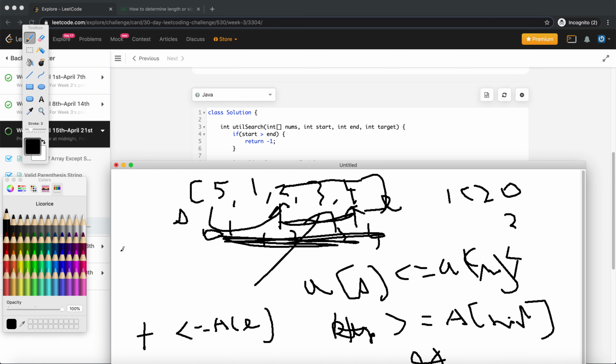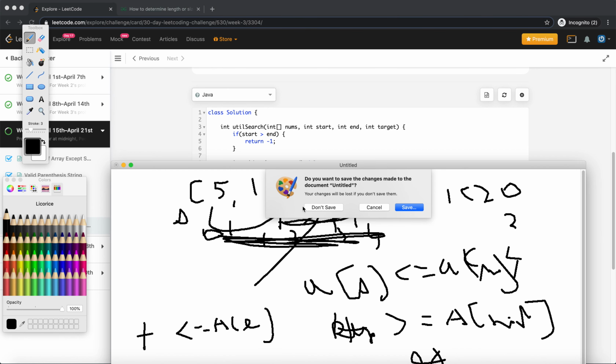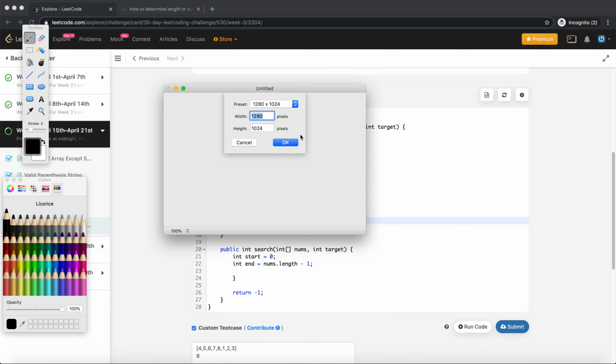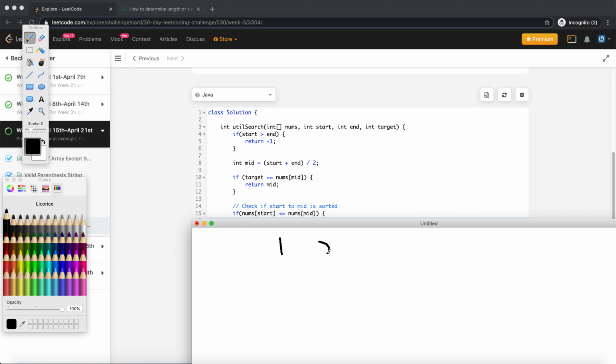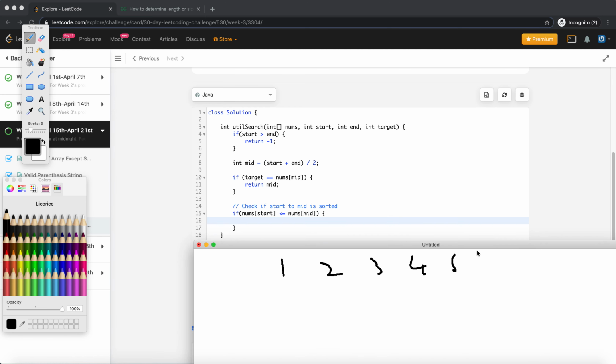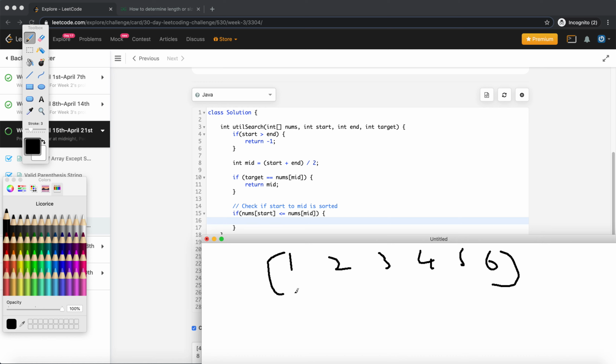Let me scrap this off. If I had 1 2 3 4 5 6, mid is here and my start is here. So if the start is less than or equal to 3, I know this half is in sorted form,